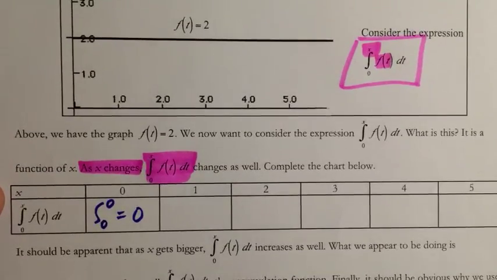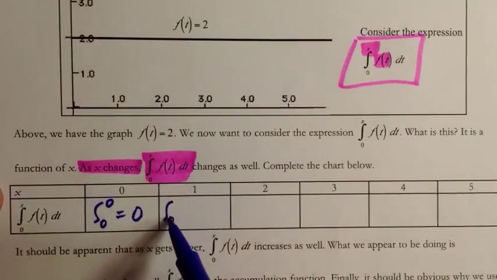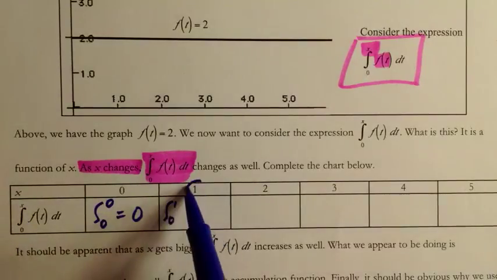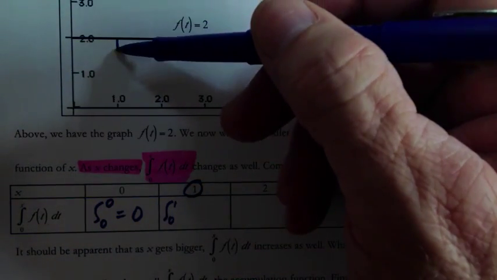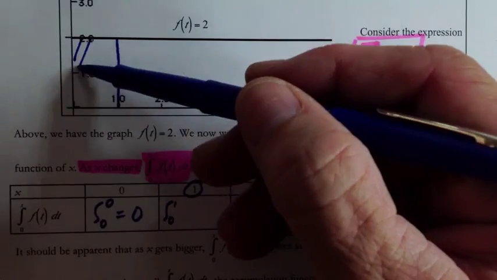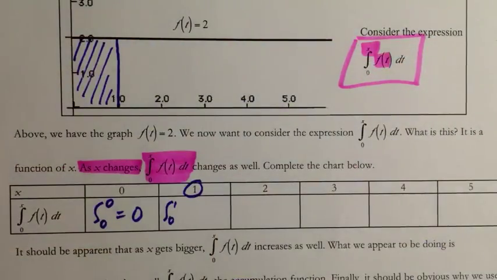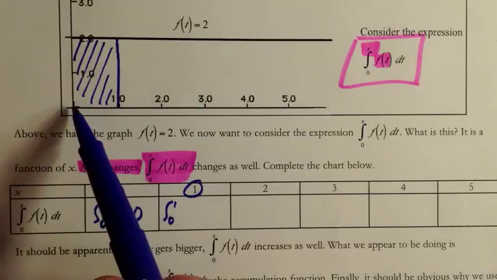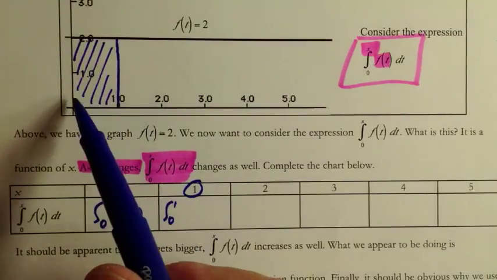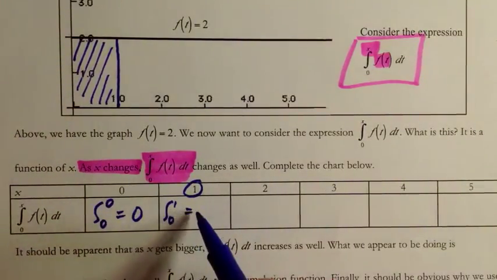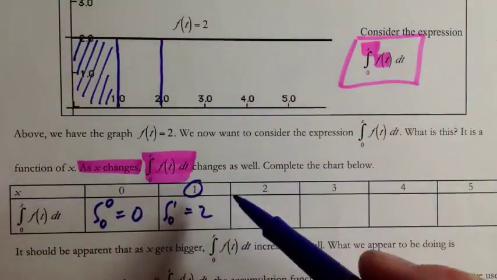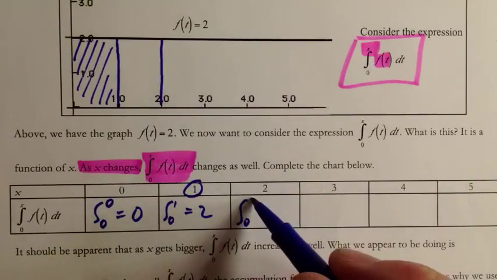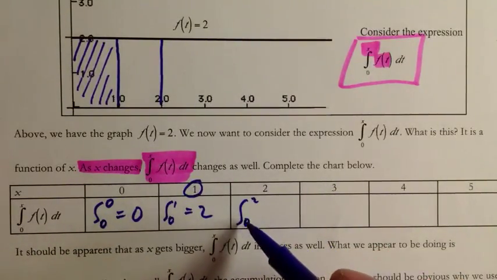Well now let's look at the integral from 0 to 1. So I'll write 0 to 1 in here, because when x is equal to 1, the function's value is the integral from 0 to 1. Well, if we look up here, 0 to 1, what's this area? It's the area of that rectangle. The area of the rectangle is length times width, so we have 1 times 2, so that's 2. And then the integral from 0 to 2, so when x is 2, we evaluate the definite integral from 0 to 2,